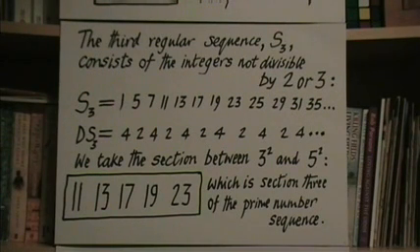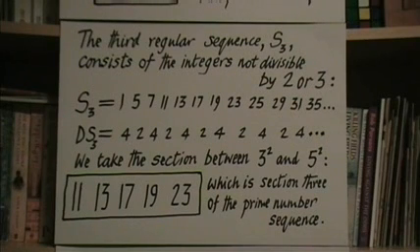So 1 is not divisible by 2 or 3, nor is 5, but the numbers between 1 and 5 have been eliminated because they're divisible either by 2 or 3. So we just cast our eye along there and check that neither 2 nor 3 divide into each of those numbers: 7, 11, 13, 17, 19, 23, 25, 29,